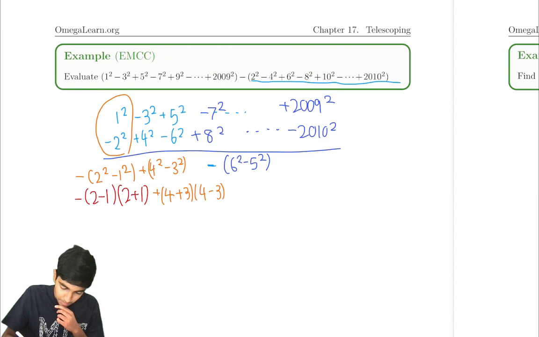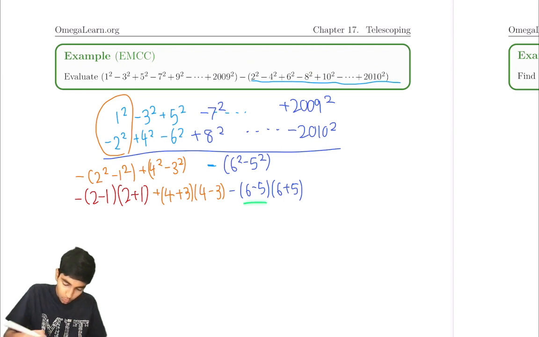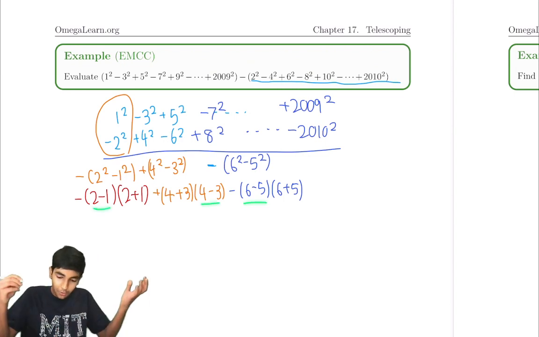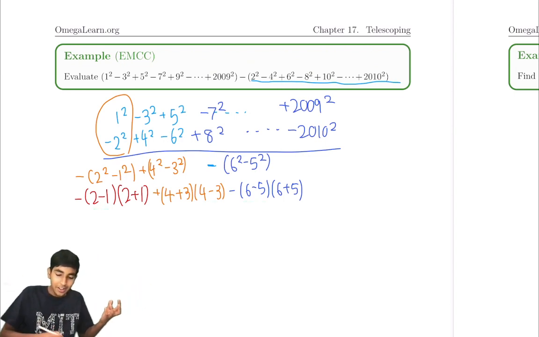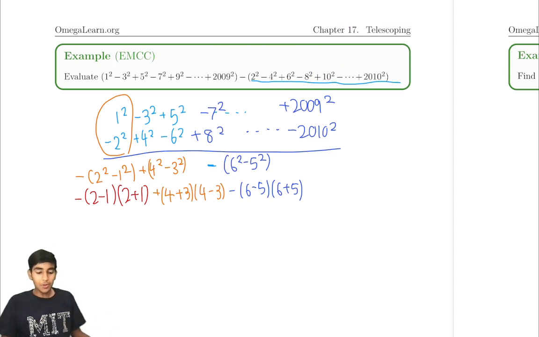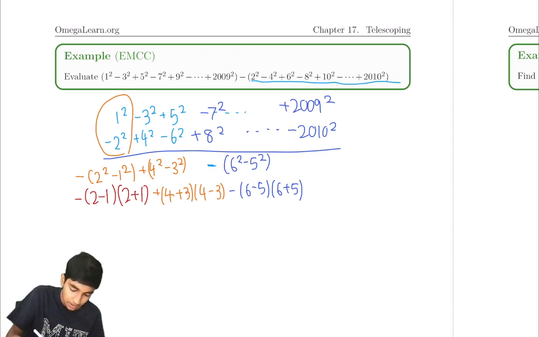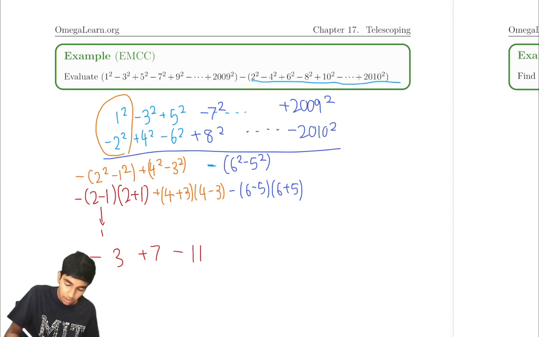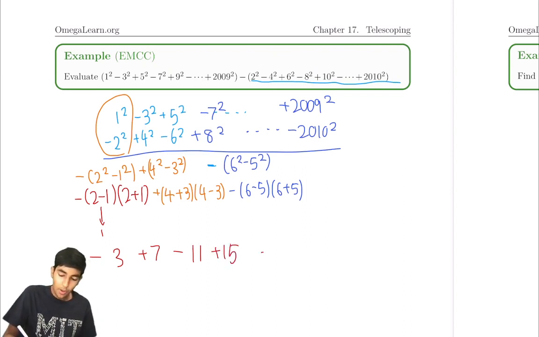And this is just minus 6 minus 5 times 6 plus 5. Notice here, 1, 1, 1. Those are all 1. So it seems like to evaluate this, it's just going to be the same thing as negative of 3, then plus 7, then minus 1 times 11, plus 15, and so on, all the way till we get to